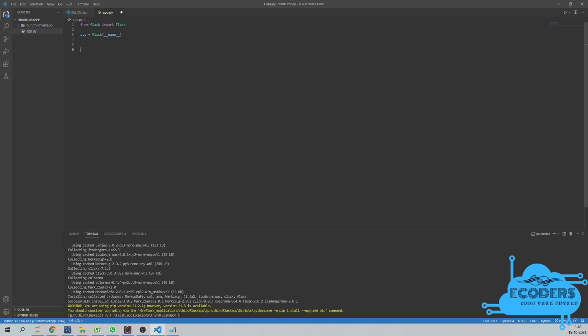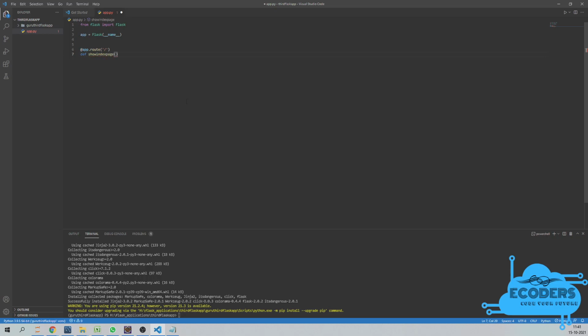Right now what we have to do is create the first home page, the index page of our web application, which is going to start. And we have to mention the URL of the application first. To mention that URL, we use the annotation @app.route. If nothing is entered, which means just a forward slash, we are not entering any kind of URL, but it is going to start the front page of the application. That is going to be the index page of the application, and to open that we have to create a function. I'll simply call it show_index_page.